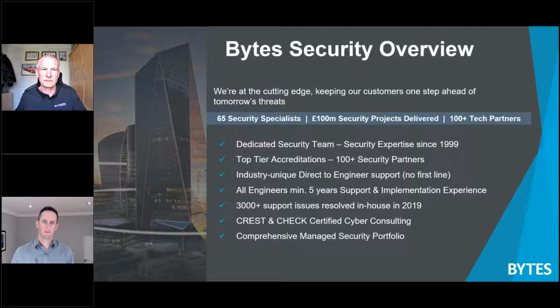Within the Bytes security practice, we have around 65 people that cover a whole breadth of solutions from best-of-breed technologies in the security market. Having this hugely experienced security practice should give you an idea of the various areas of security that we can cover, and should also reaffirm your confidence in the vast array of offerings that we can cover within the different business units at Bytes. Having this asset at our customers' disposal, on top of the aspects that we touched on in the previous slides, we also have a security arm right the way through to first, second, and third line support on a number of key technology areas that we work on with our customers.